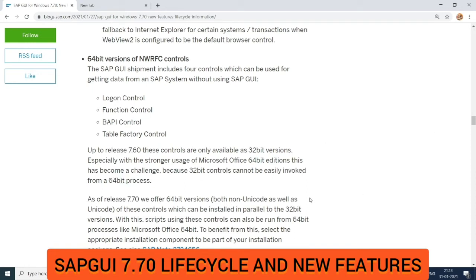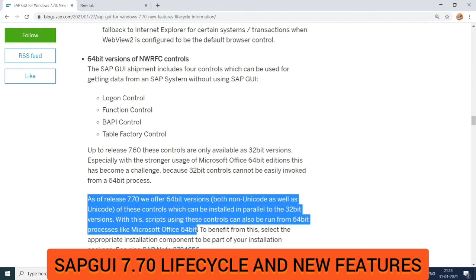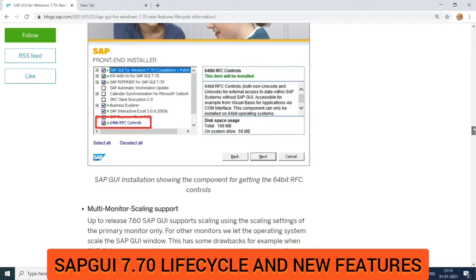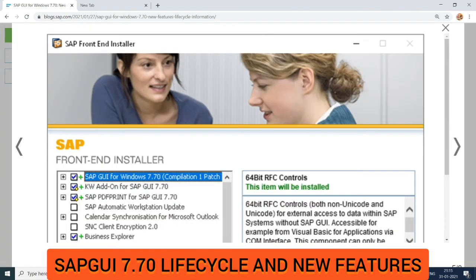As of release 7.70, SAP is offering 64-bit versions, both non-Unicode as well as Unicode, of these controls, which can be installed in parallel to 32-bit versions. With this, scripts using these controls can also be run from 64-bit processes like Microsoft Office 64-bit.